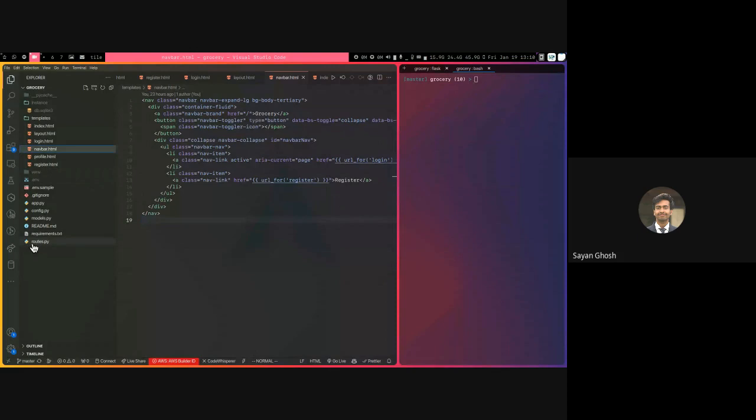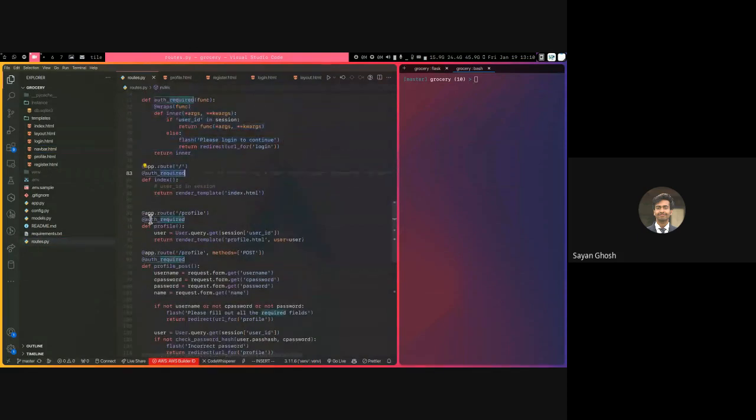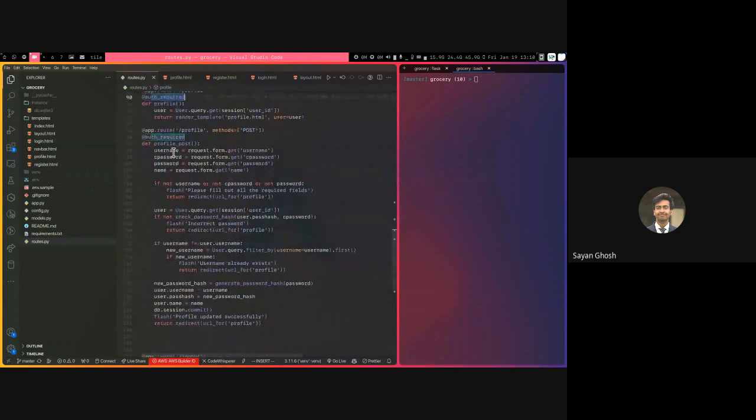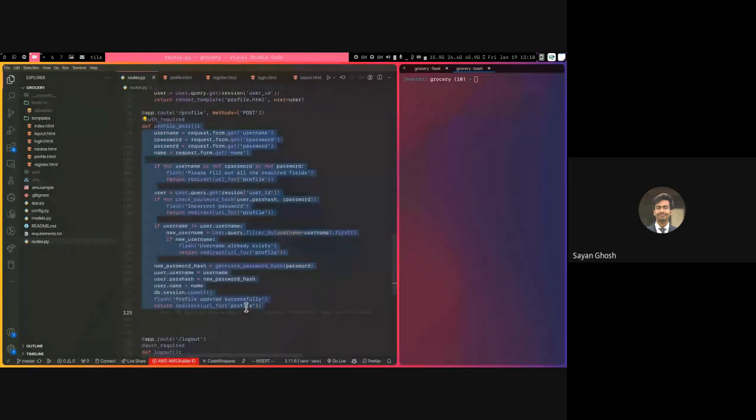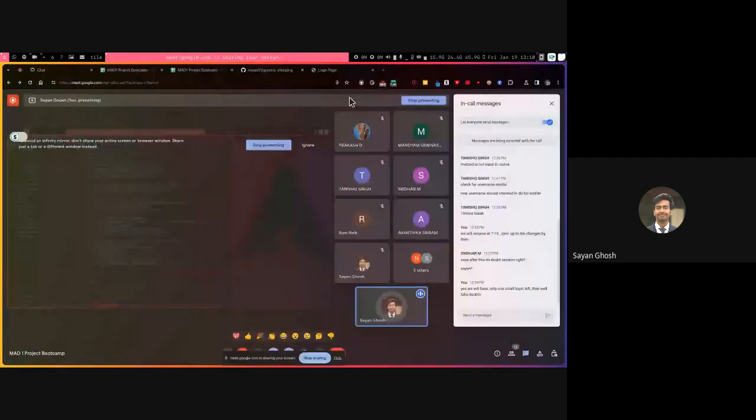which we did, right? So the decorators part. So we declared a decorator. We use that to authenticate, and then the profile part. So we created the front end of the profile as well as the back end of the profile. And we basically had a basic profile page where we can,